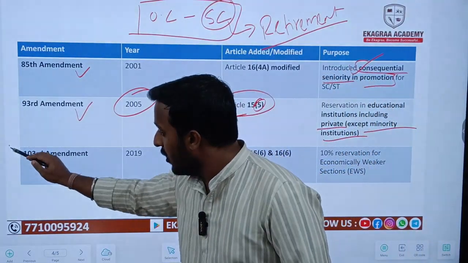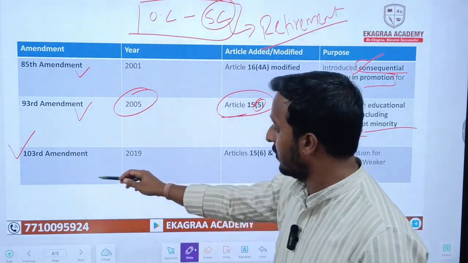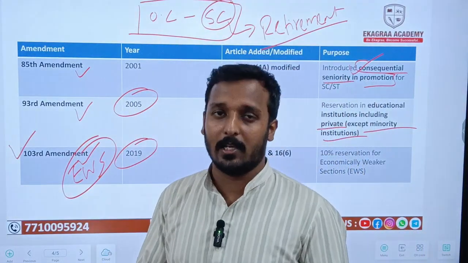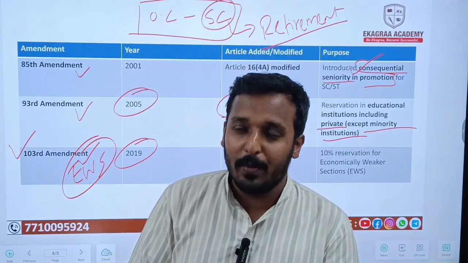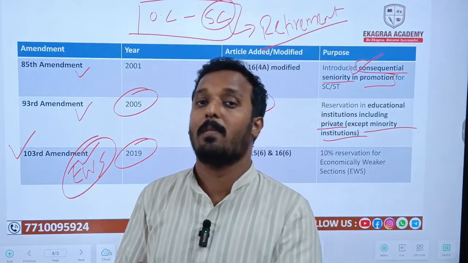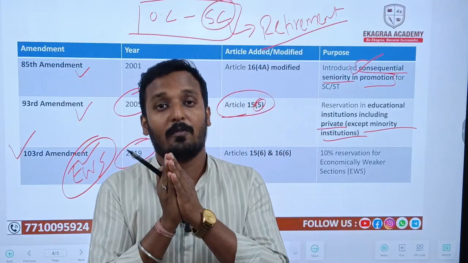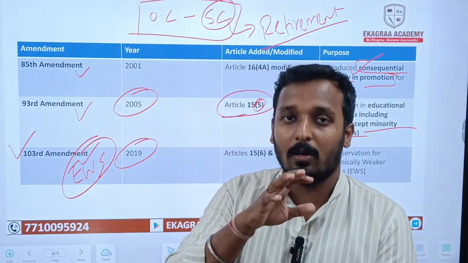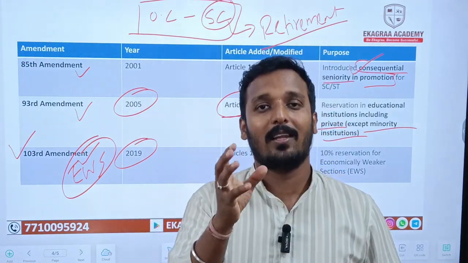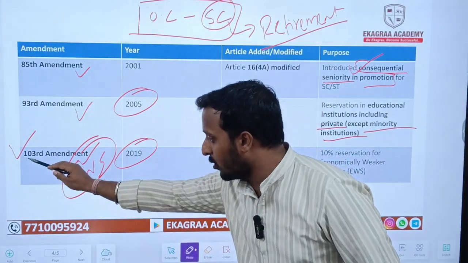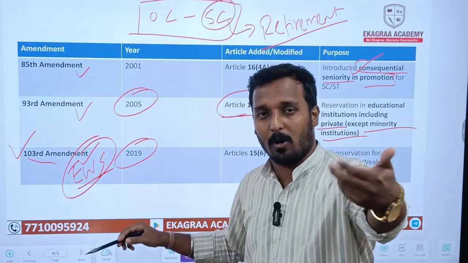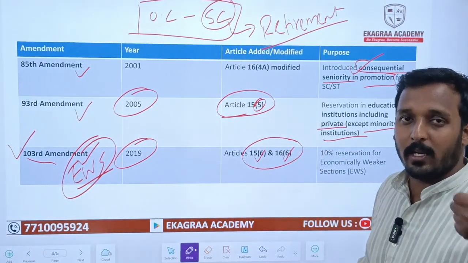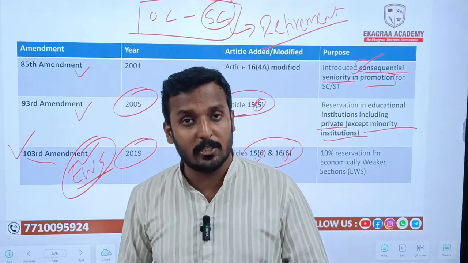And then the last important amendment linked with reservation is the 103rd Amendment Act 2019, famously known as reservation for EWS. Remember, it also has linkages with the Indira Sawhney judgment. When OBC reservation was implemented at that point of time, even the PV Narasimha Rao government brought 10% reservation on the basis of economic backwardness, but it was struck down by the Supreme Court in the Indira Sawhney case on the basis that the Constitution has no provision to provide reservation on economic grounds. But that ground has been added by the 103rd Amendment Act. So the government can justify that economy can also be a criterion, and this modified two articles: it added 15(6) and 16(6), which simply means EWS reservation will be applicable in educational institutions as well as in